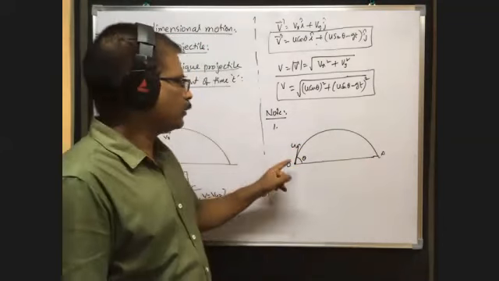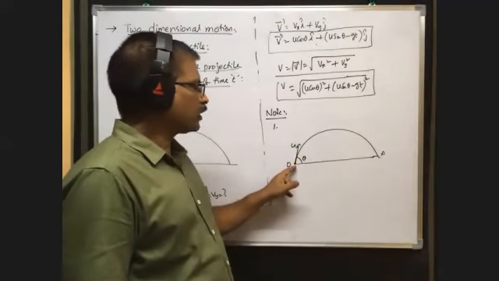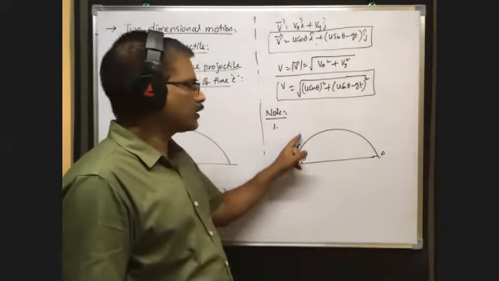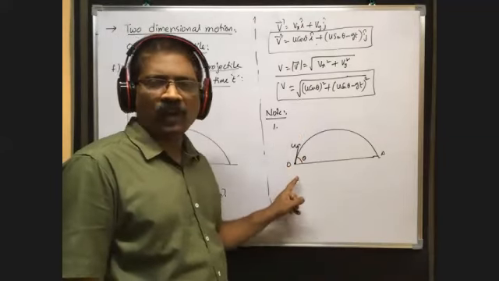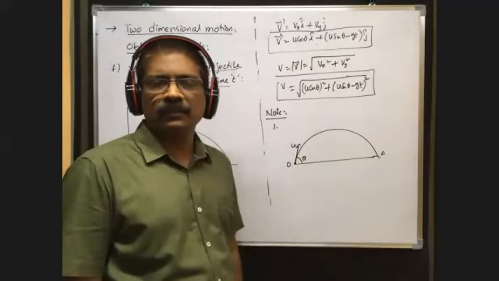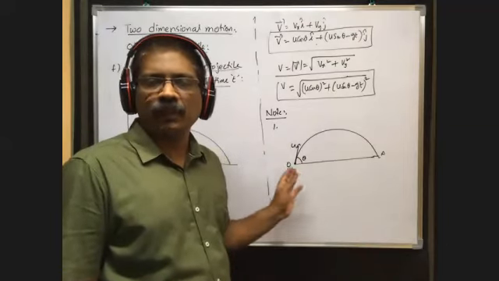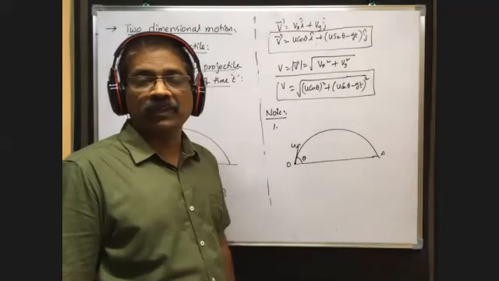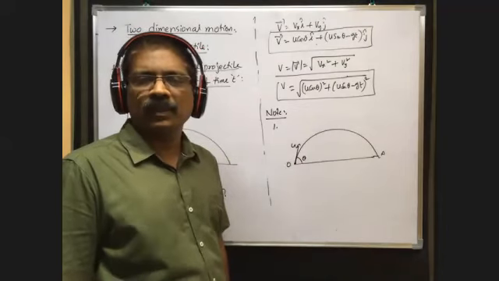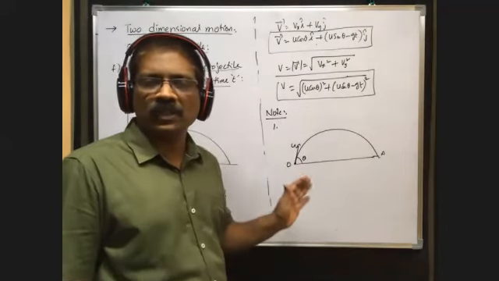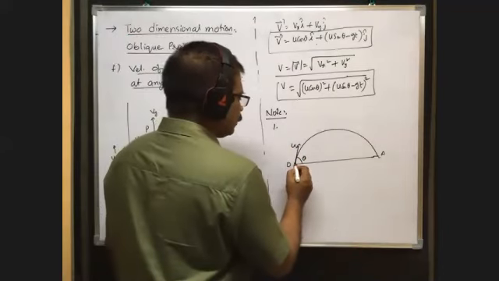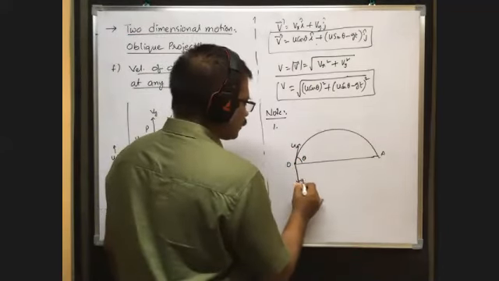Here you see, at the point of projection, the velocity of projection is in this direction. At this point of projection, what is the acceleration acts on the oblique projectile? Is it vertically upwards or downwards? Vertically downwards. That's why acceleration due to gravity is vertically downwards.